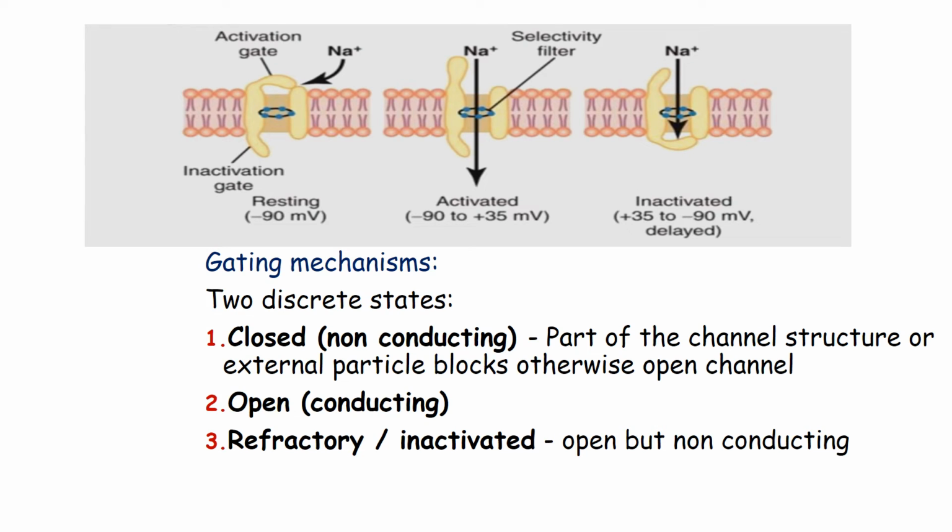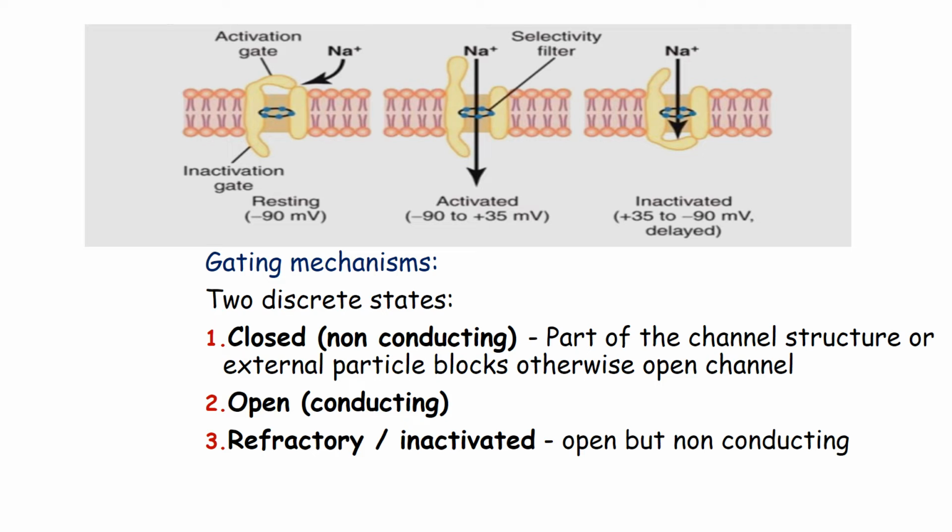This is a figure that has been taken from Guyton. You can see the sodium channel. The sodium channel has two types of gate, the activation gate and the inactivation gate. The activation gate is present on the outside, that is the extracellular fluid. Once it is open, in figure number 2, you can see the sodium ion moving to the inside of the cell. And the inactivation gate is present on the inside. I for inside, I for inactivation gate. Once it is closed, the channel becomes inactivated, hence the name.